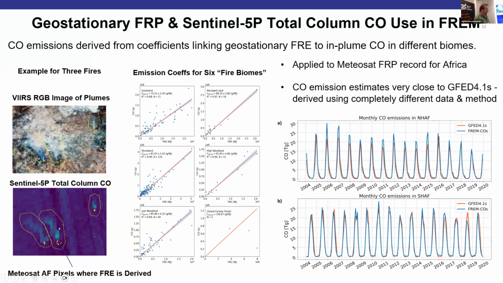And not particulate matter, it measures trace gases, columns in the air. And so this is the trace gas column of carbon monoxide, which is highly prevalent in fire plumes. So we can detect the fires, as you've already seen, which is the yellow dots, and we can also detect the plumes of CO. And with the geostationary data, when Sentinel-5P comes over in the afternoon, we can identify this plume, and then we can say, okay, how much energy did this fire emit from the time it started up to when we saw that plume?